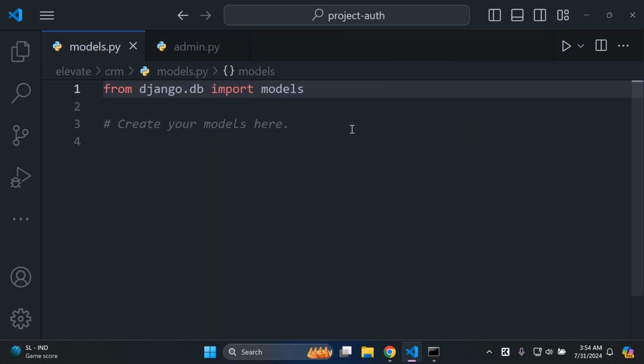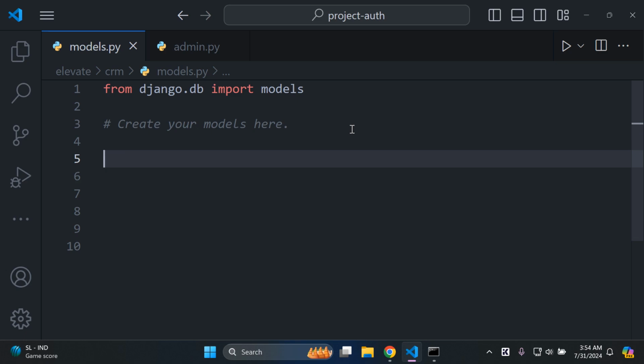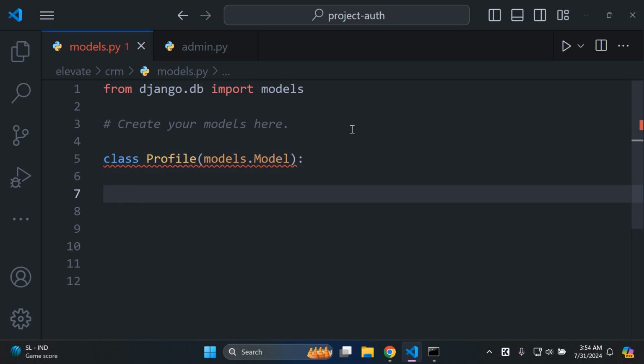Okay, so in our models.py file, we want to create a basic model that's going to have an image field. It's just going to have a regular image field. What we're going to want to do is create a new model. So let's do that. I'm going to create a class, and the class name will be Profile. Then of course, in order to create our own custom model, we need to inherit from the models.Model class. After which we want to specify our attribute. I'm going to have an attribute for the name of a person. So I'm going to say